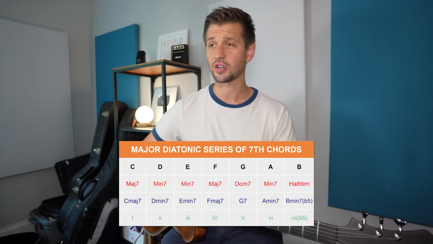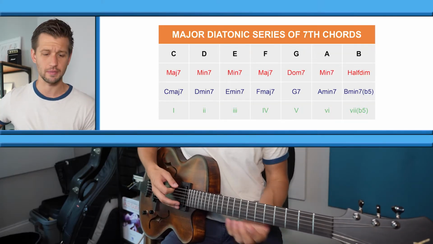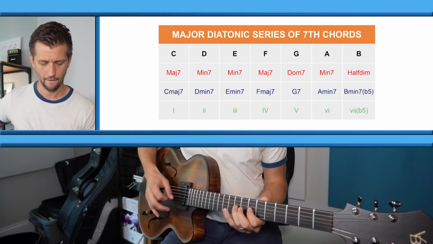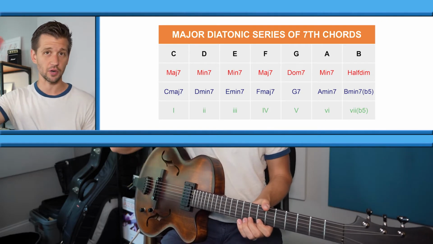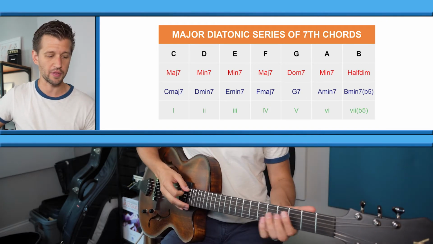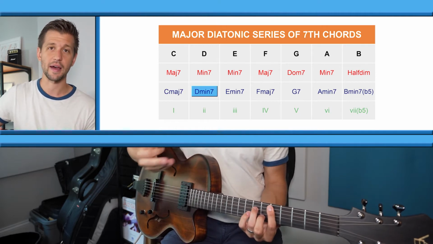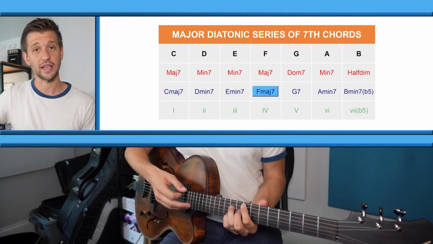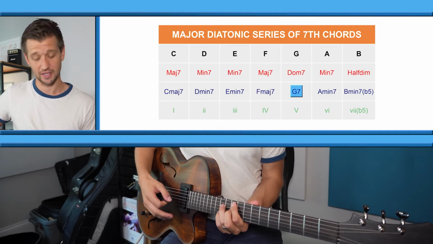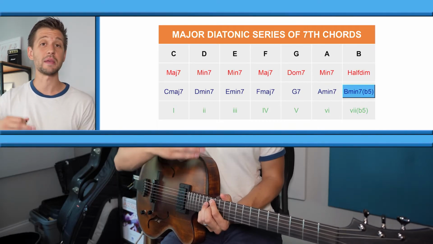So take a look at this major diatonic series of seventh chords here on the screen. Essentially, if you took a C major scale and you harmonized it with seventh chords, stacking thirds on top of that scale, you'd come up with this. C major 7 is the 1 chord, D minor 7 is the 2, E minor 7 is the 3, F major 7 is the 4, G7 is the 5, A minor 7 is the 6, and B minor 7 flat 5